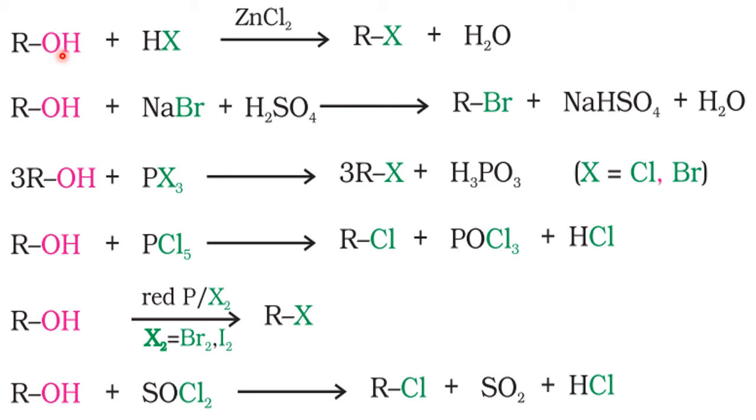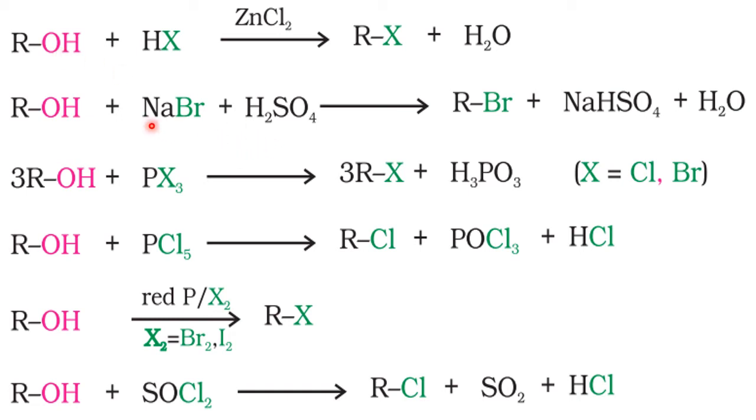Because tertiary alcohols are more reactive than secondary and primary. Why? Because tertiary alcohols contain three alkyl groups, which are called electron donating groups. These will donate electrons towards the carbon, and electron density is more around the carbon. So when the electron density is more around the carbon, it is easy for the oxygen to withdraw the electrons, so that OH will go easily, and in place of OH, halogen comes and attacks and makes a bond with R. This whole mechanism part we learn in the higher class. So tertiary alcohols are more reactive than secondary and primary because of the attachment of the three electron donating alkyl groups. Okay, right.